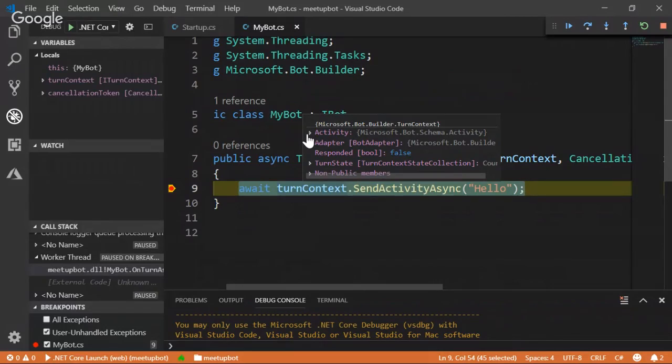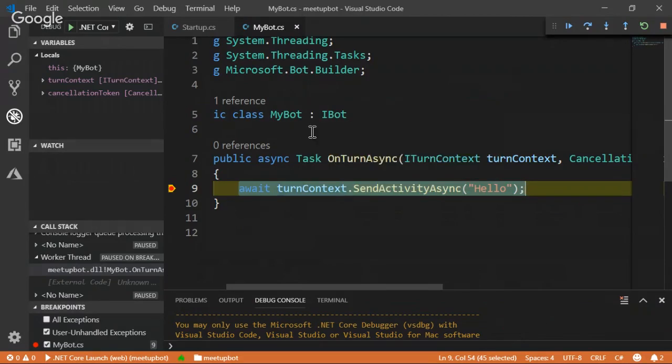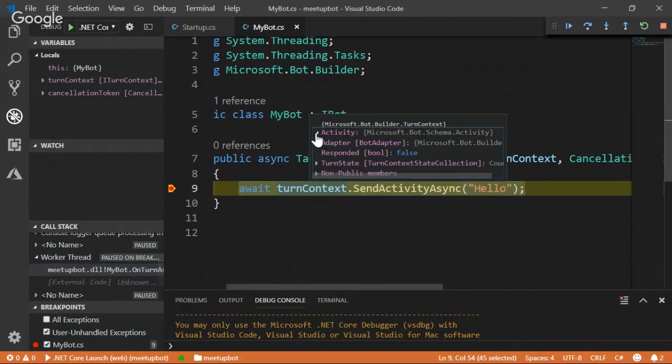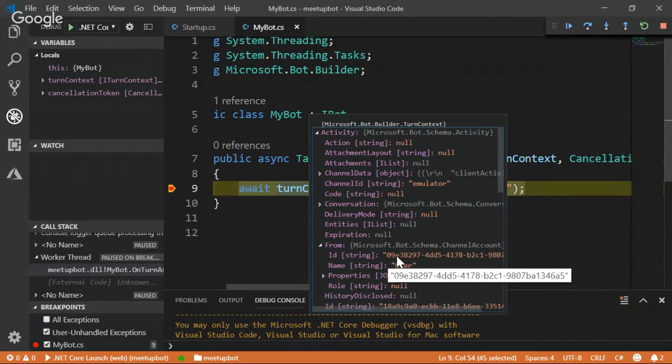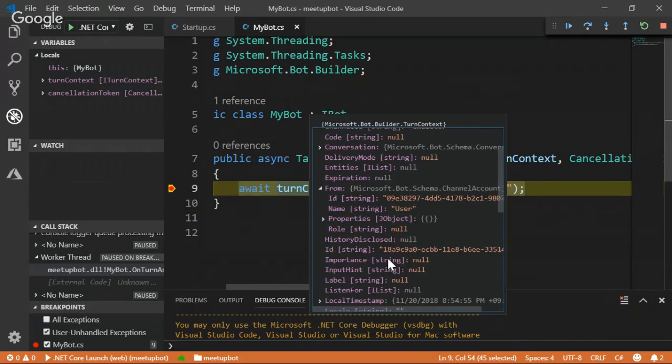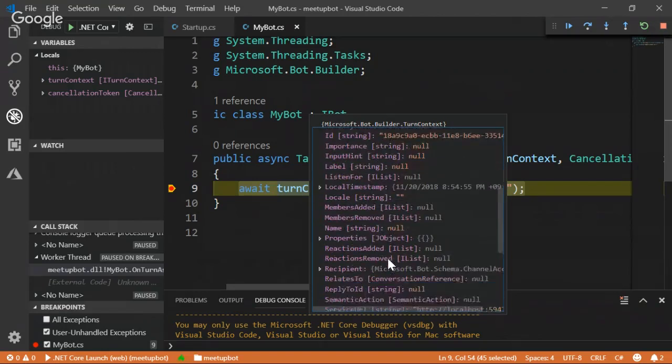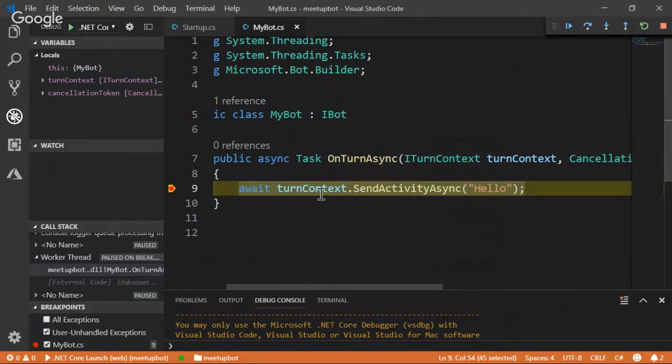So inside turn context, we have activity, adapter, turn state, and inside activity, we can see the channel ID. So this is coming from the emulator, yes. And this is coming from the user, who is 09E3, blah, blah. So if this is coming from actual Skype, you can get the Skype ID. If this is coming from Facebook, you can get the Facebook ID. Then, if you check the recipient,